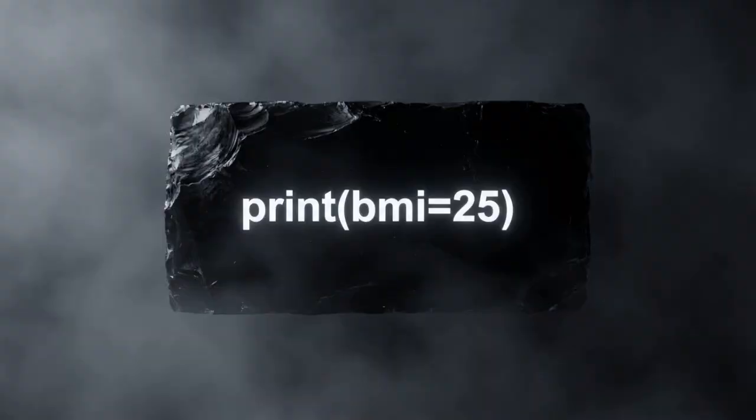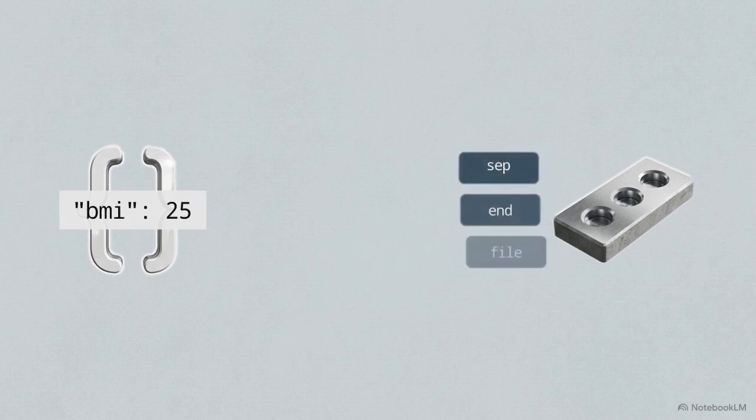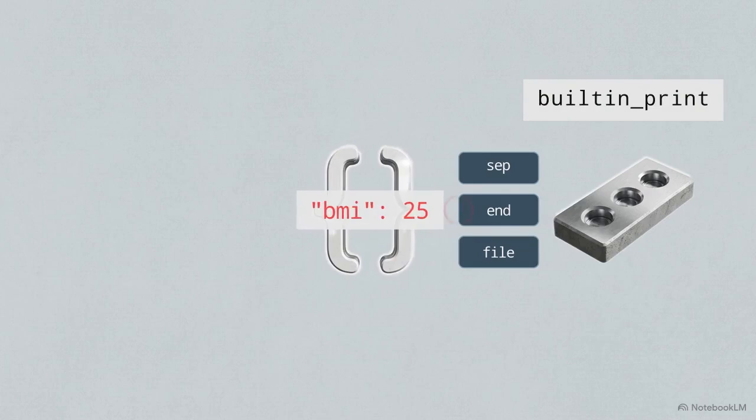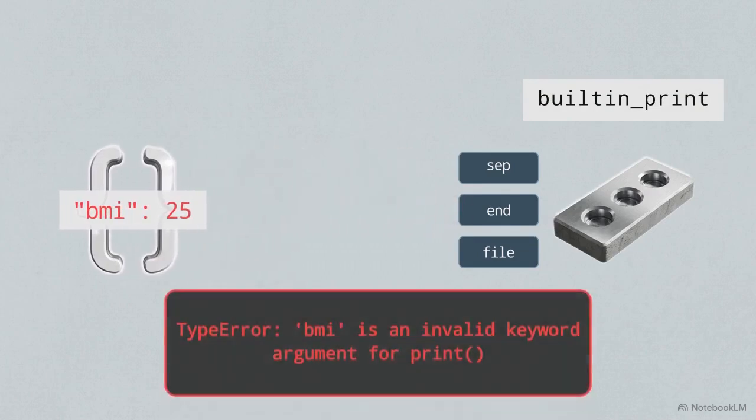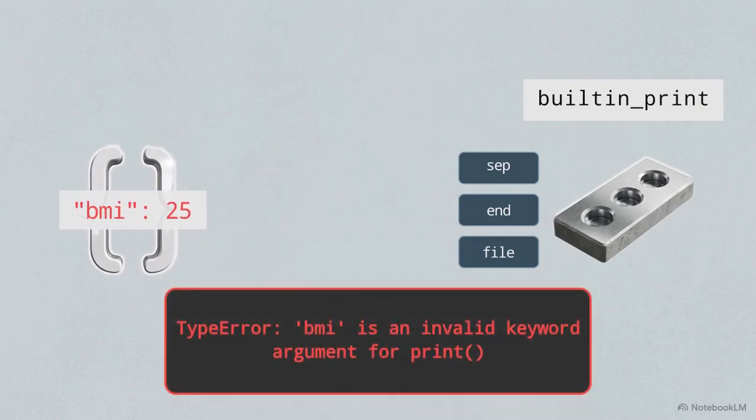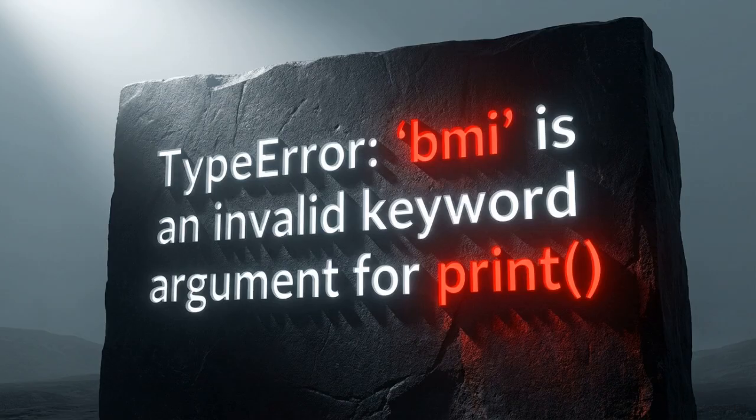We can see this universal rule by attempting to use keyword arguments with a function that isn't designed for them, such as print(BMI=25). Python still builds the kwargs dictionary, creating the key BMI and the value 25 in memory. This dictionary encounters the C-level constraints of built-in print, which only allows specific keys like sep or end. Because BMI is rejected, it triggers a TypeError. This confirms dictionary construction is a universal step in the call process, even if the target function is too rigid